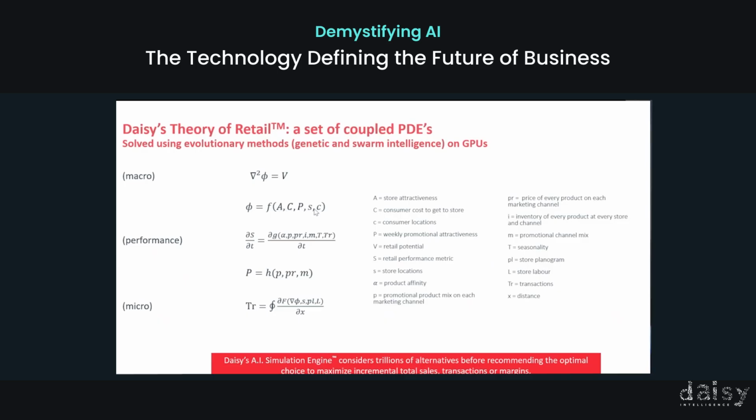The micro differential equation would be the path integral through your store. So you think of a path integral of your customers walking through your store. What's the optimal path through your store? Where are the products in the store? How are they laid out? What's your planogram look like? Where are all your products in the store? So we can integrate the path that a consumer takes versus the products they buy, and try to minimize that path integral, which converts traffic into transactions.